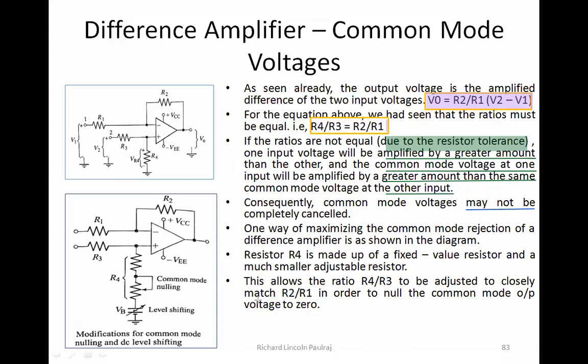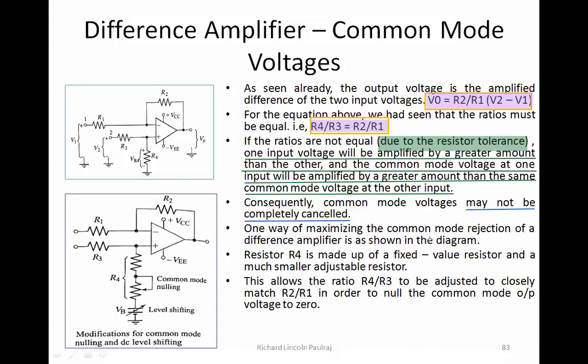1, right? So I am actually expecting 0, but due to the change in these resistances, I'm getting 1, because the voltage at this terminal is different from the voltage at my non-inverting line. Why is that happening? Because of these resistances. I'm not able to cancel out each other just because they are not the same. So common mode voltages may not be completely cancelled, but there will be some amount of voltage, like how we had plus 6 and minus 5, we have 1 volt remaining. This 1 volt gets into your op-amp and then the amplification happens.